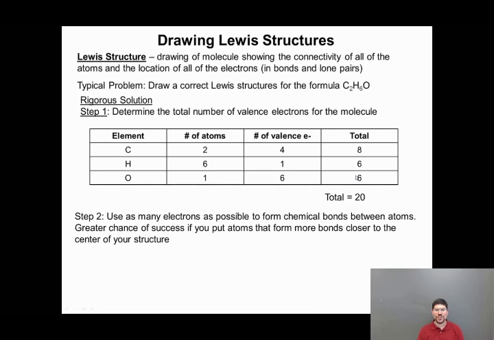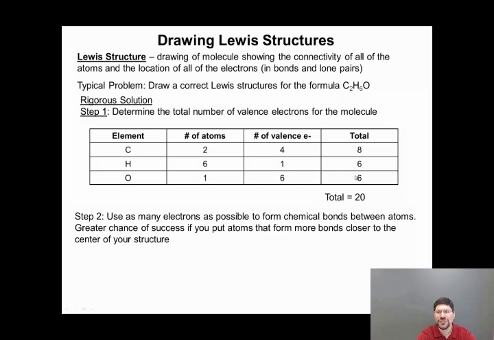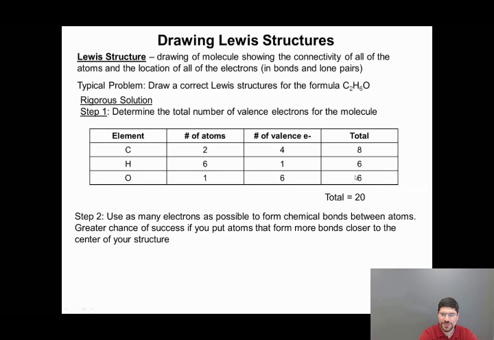Okay, step 2 is to use as many of those 20 electrons as possible to form chemical bonds between atoms. And you have a greater chance of success if you put atoms that form more bonds closer to the center of your structure. But as we see, that's not always going to be true. So let's go ahead and try to come up with a reasonable structure. And following this principle,